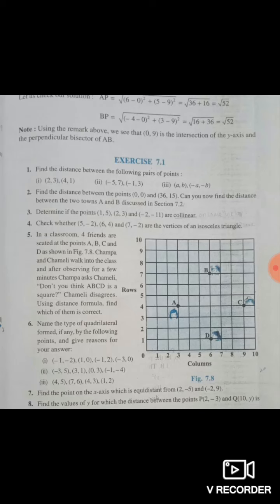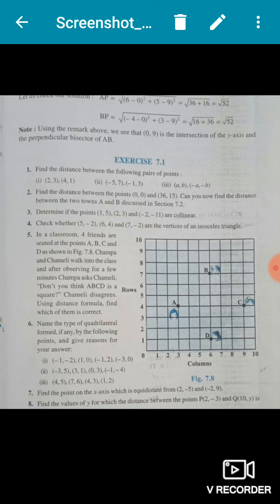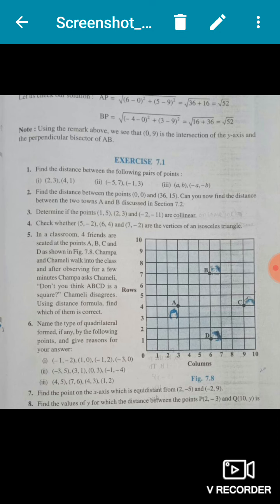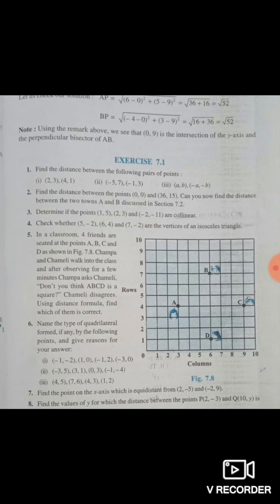Hello students, today we have to start a new chapter, number 7, coordinate geometry. Okay, the same chapter we have done in 9th class also, but at that time as it was starting, only basics were there. Now we have to go into detail of it. Okay, and the very first topic that we will do in this chapter is